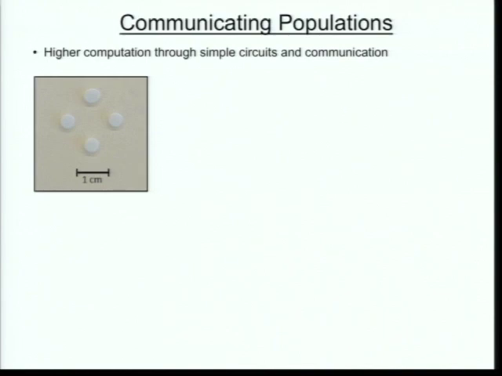And the NOR gate is processing signals that are being added to the media, and they're also communicating with their neighboring colonies in order to produce a computation. And so you can take NOR gates, and because NOR gates are what are known as Boolean complete, you can take any computational function, break it down to NOR gates, and in this case, connect up these communicating colonies such that they're able to